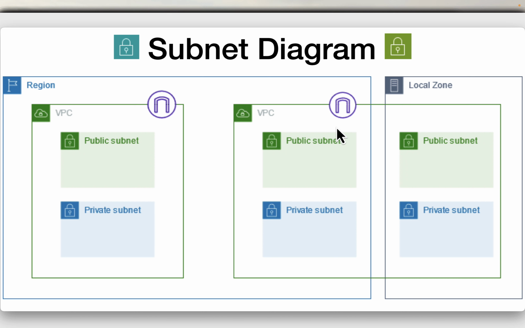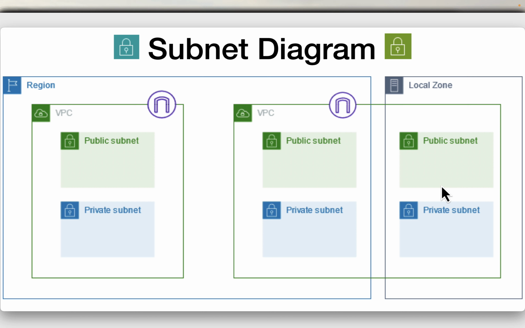And then we have a private subnet. Both VPCs have one public subnet with an internet gateway, and then there is a private subnet. Alongside the public subnet, each VPC also contains a private subnet, and the private subnet does not have direct access to the internet. Instead, resources in this subnet can access the internet using a NAT gateway, but it's not shown in the diagram, which allows internet access without exposing the resources to incoming internet connections. Then we have the internet gateway in each VPC, which implies that resources can connect to the internet directly. And then we have a local zone.